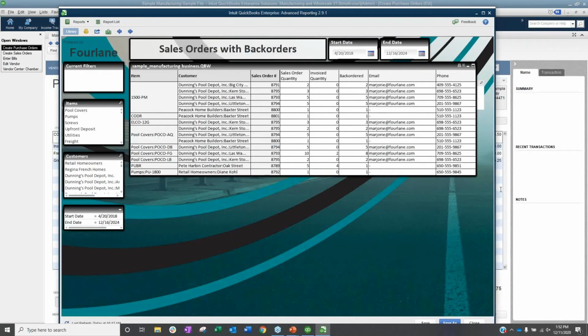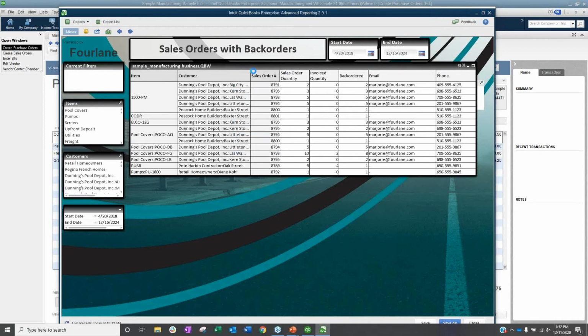because we've had clients, obviously one of the things QuickBooks has all the time, who say, how do I know what is truly on back order? I don't want to just know open sales order quantity. What is on back order? So we have things that are on back order in here. We can total by item or we can total by customer. We've had people who want it totaled by customer so that they can send out to their customers on a weekly basis, here is everything that is on back order.